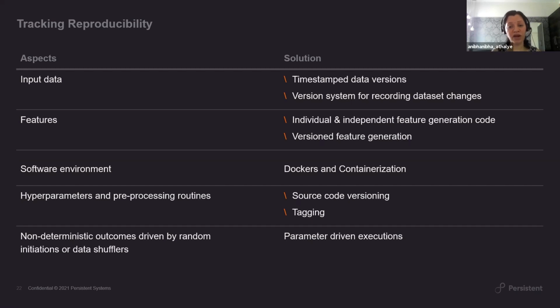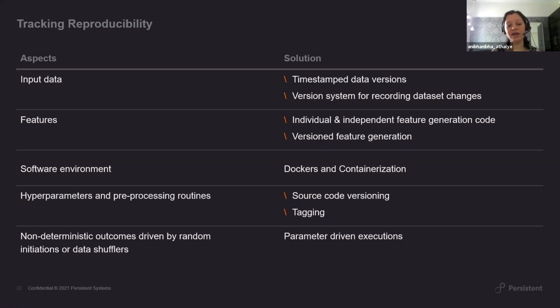For our example, we took a very simple Jupyter notebook, which is one notebook doing everything. In an actual scenario, there can be a series of Python scripts working together in a workflow, which means you will have to bring in orchestration tools like Airflow and Kubeflow to enable this. But from a reproducibility tracking perspective, it's essentially tagging or versioning all of this under a source code tool, and then putting some tags to identify it and for better readability for the next user.